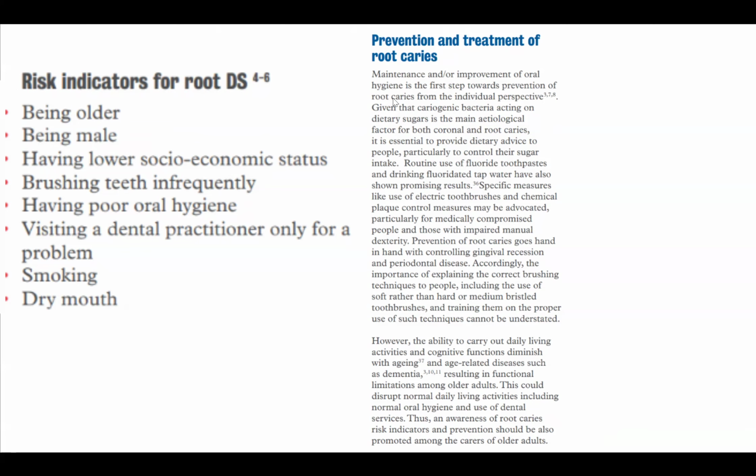Maintenance and improvement of oral hygiene is the first step towards prevention of root caries. So dietary sugars is the main factor, control it. Educate your patient, make them aware on what to eat, how to eat and stuff. Routine use of fluoride pastes and drinking fluoridated tap water is also important, especially for people who have got dry